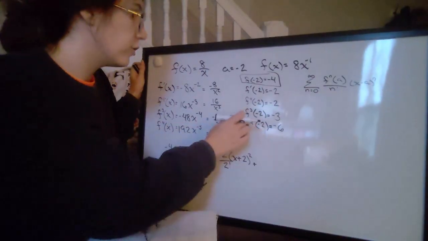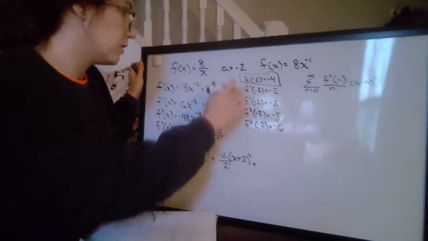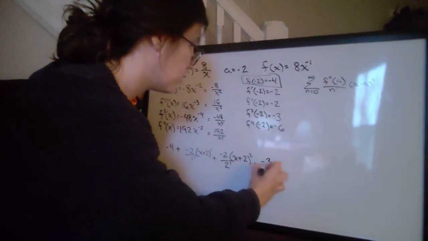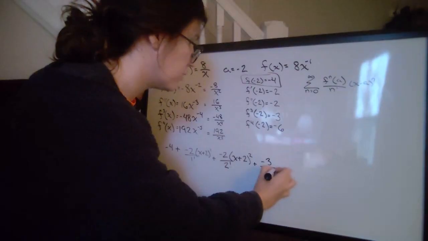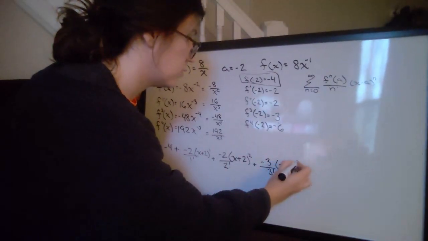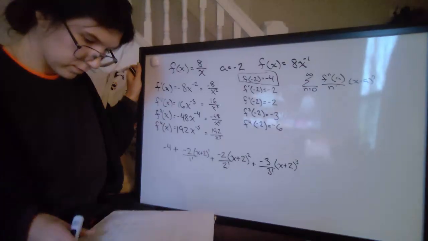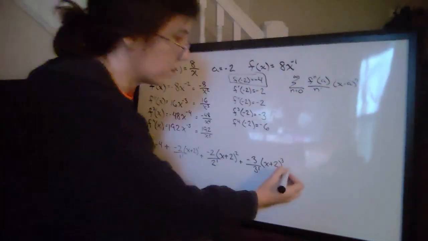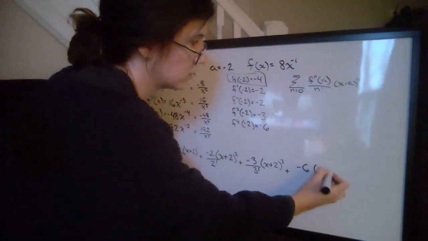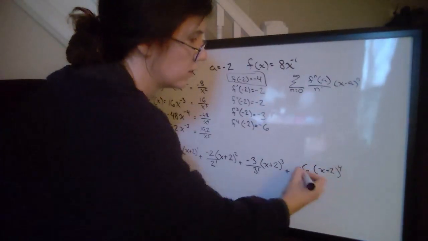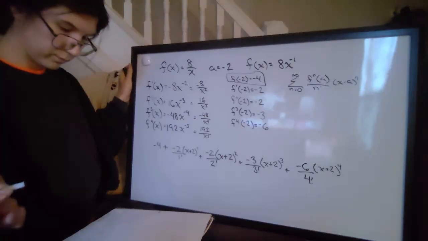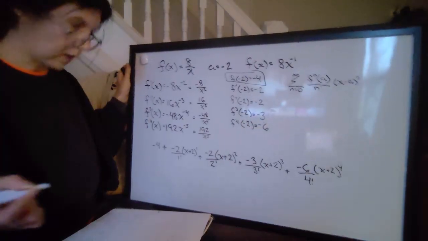So now for our third is going to be, right, 0, 1, 2, 3. So that is going to be -3 over 3 factorial x plus 2 to the 3. Cool. And then plus -6 x plus 2 to the 4 over 4 factorial. Okay, so